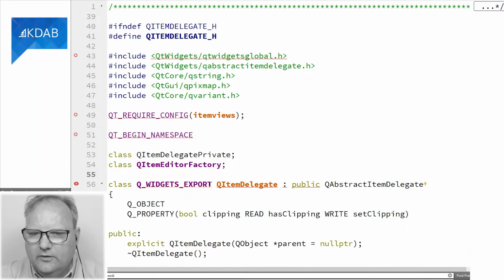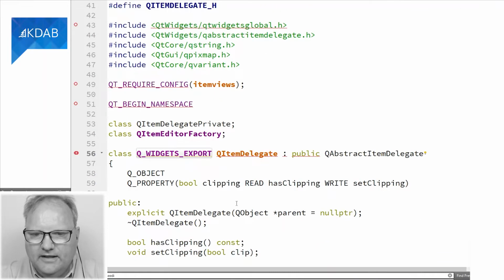That's just the whole idea about compiling libraries with export or import of symbols, right? That's right. This right here is also another macro that expands to the right thing when you compile the class. We have covered that in one of the episodes in Qt Widgets and More, where we talked about plugins for Designer. So if you're interested in that, just go and look at that URL right over here.